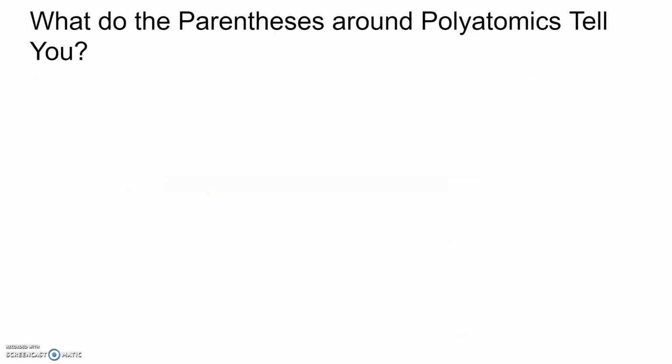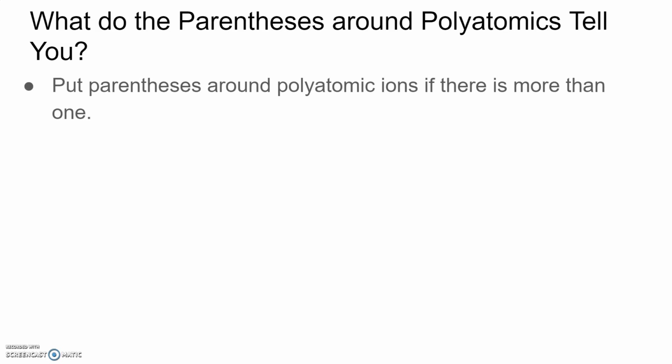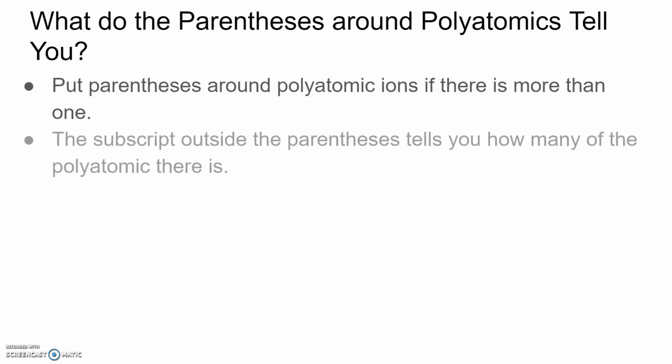Okay, so we saw in the previous example that there were these parentheses, and I mentioned that we use them when we have more than one polyatomic, and we put it around the polyatomic. So let's go over what the parentheses in the chemical formula tell you. We put parentheses around a polyatomic if there's more than one polyatomic ion. The subscript, or the small number on the outside of the parentheses, will tell you how many of that polyatomic